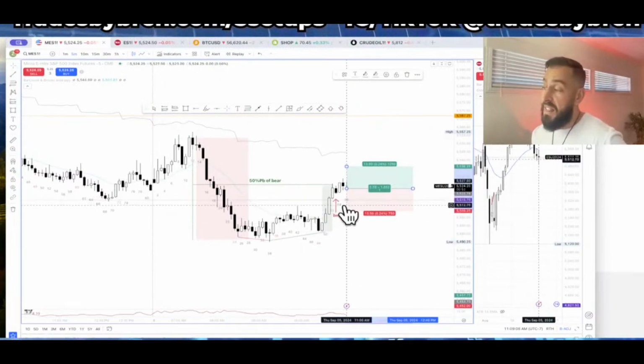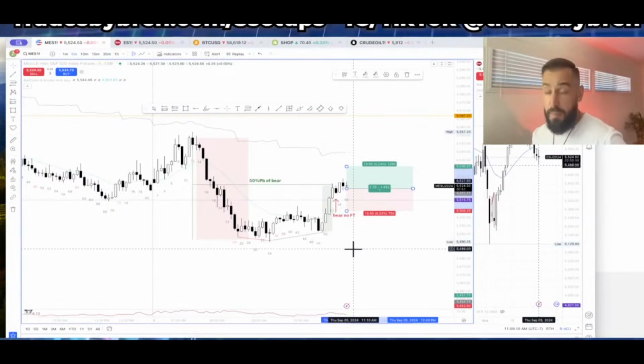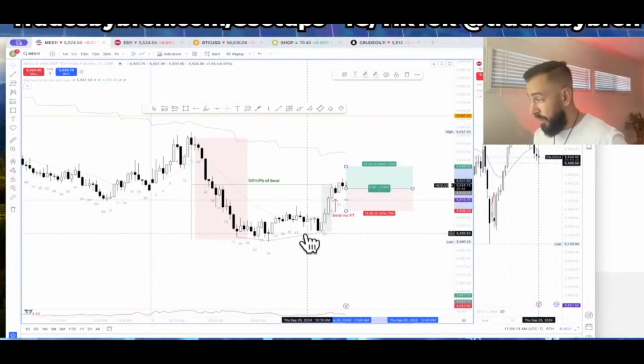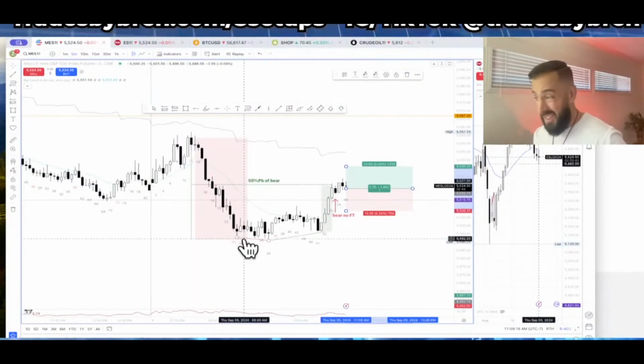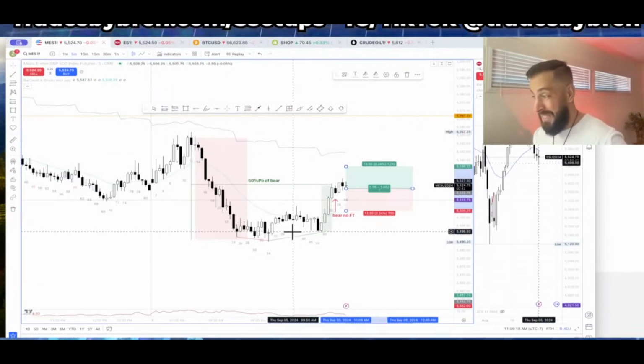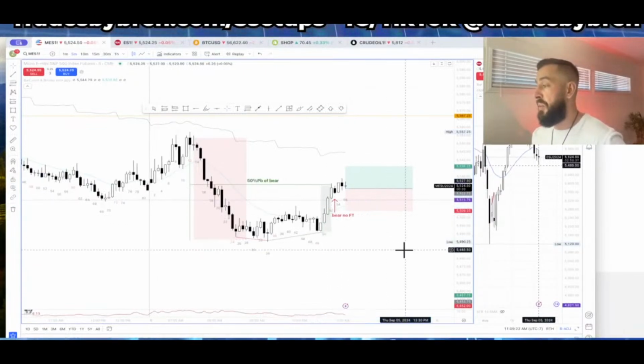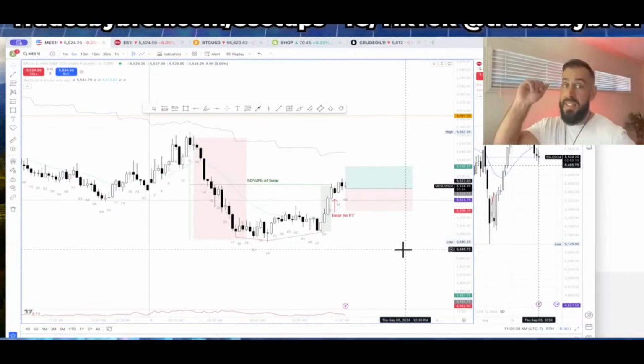Now the next thing we want to look at is the strength of the pullback, because this shows you that the bulls are strong. This shows you that the context for the bulls taking over control is strong, because the bears got their profits. They're stepping aside. And now the bulls are coming in and saying, we're going to own the price and we're trying to push the price up. The next thing you want to look at, as I said, bull case in this hand, bear case in this hand. We've got to weigh the options, okay?